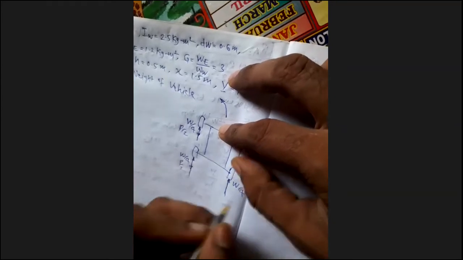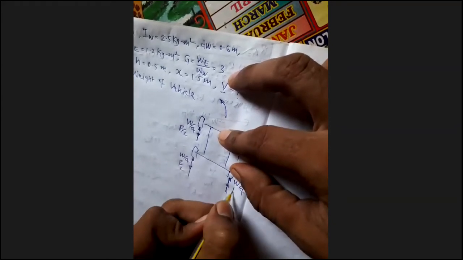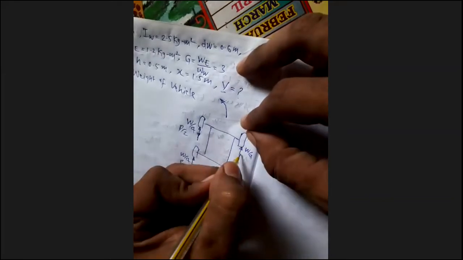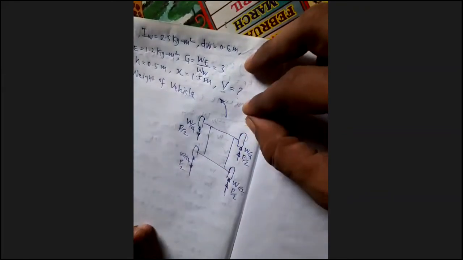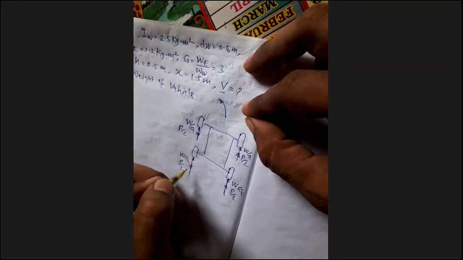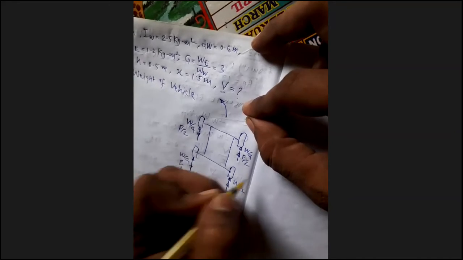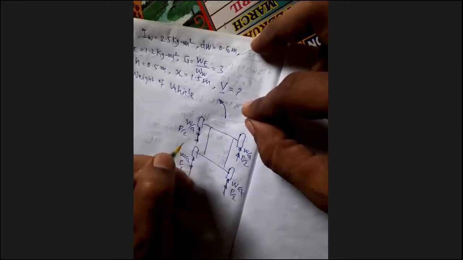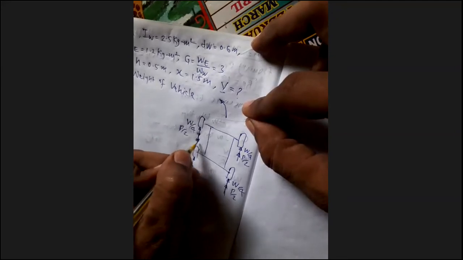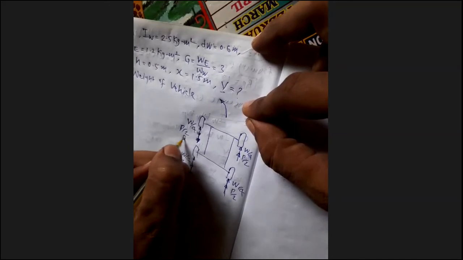P by 2 on the outer wheel, they are upward, P by 2, P by 2. So P by 2 is the reaction due to gyroscopic couple on each wheel, and they are downward on inner wheels and upward on outer wheels. Next is reaction due to overturning couple. Sorry, they are also downward on inner wheel and we write them as Q by 2